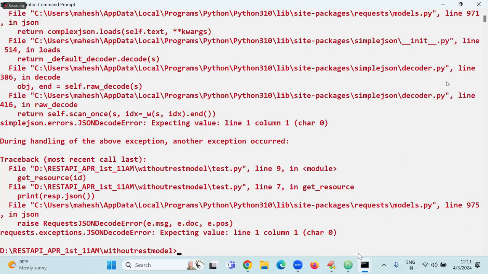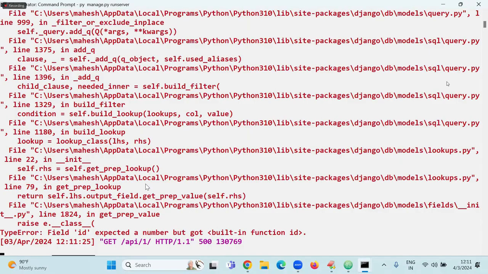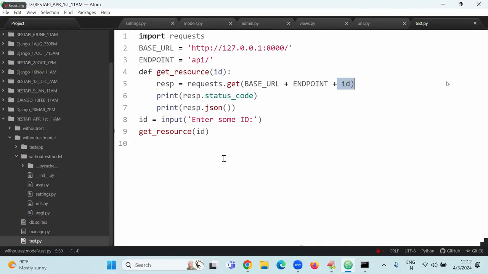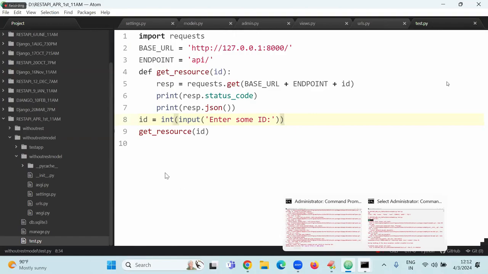They are telling field ID. Hmm? Then what will happen now? Now,